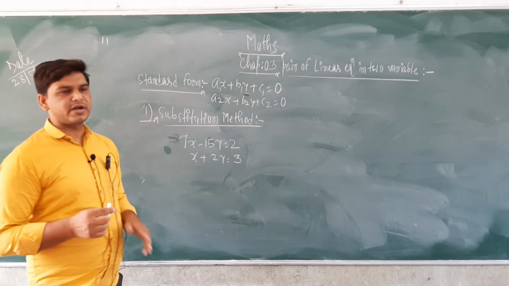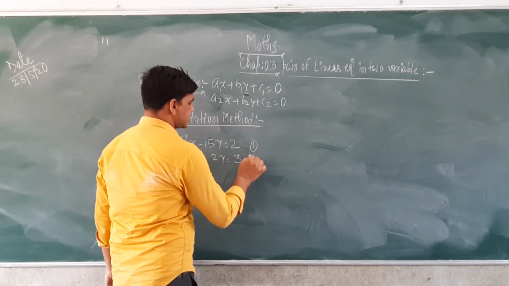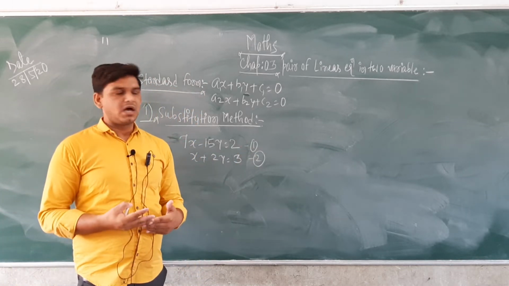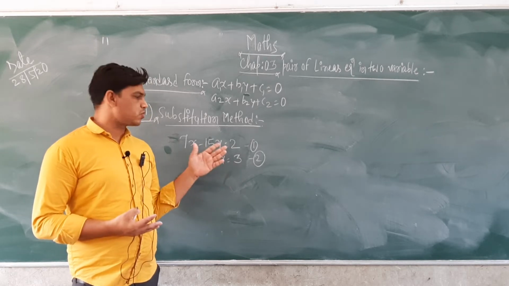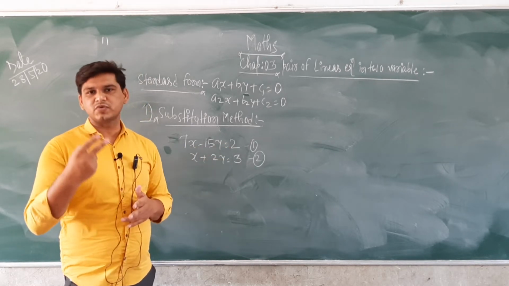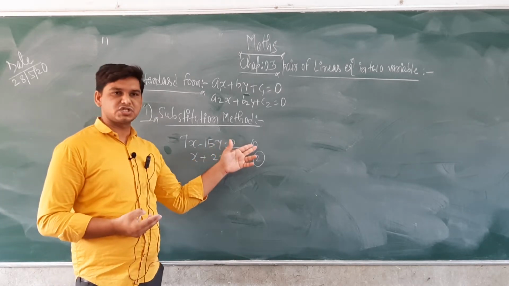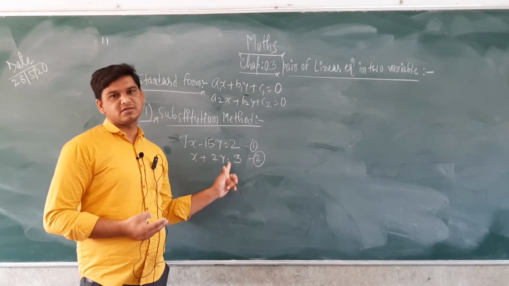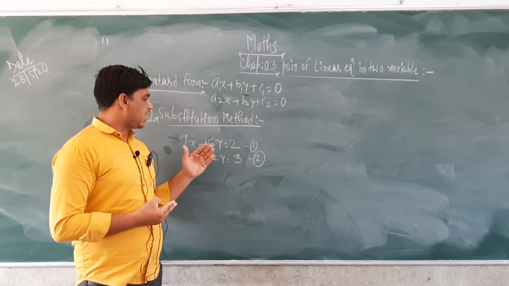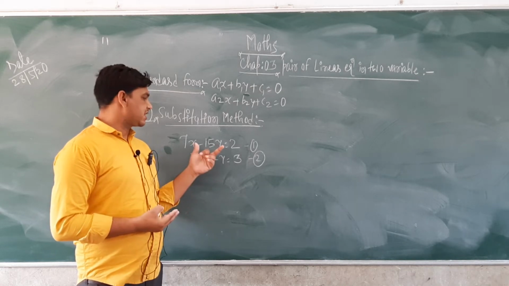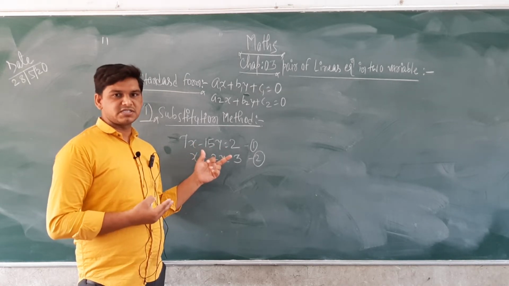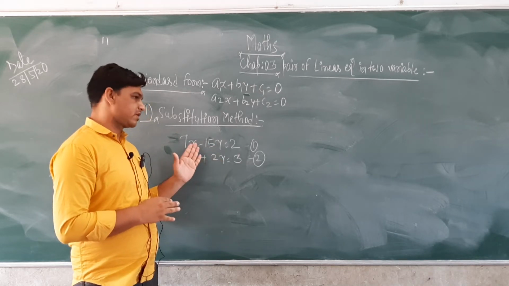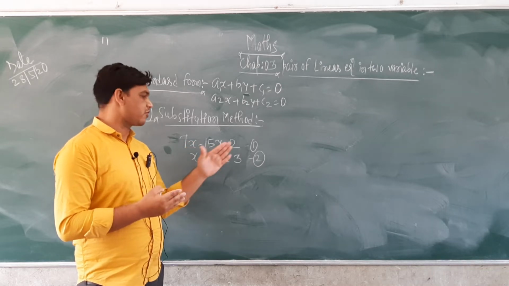Here two different equations are given, and each equation has two variables, x and y. In equation number 1 there are two variables x and y, and also in equation number 2 there are two variables x and y. So first priority, how to solve this type of question? In equation number 1, generally we have to use any one variable, x or y, from any equation.